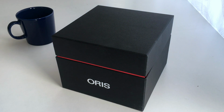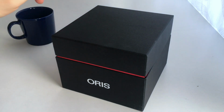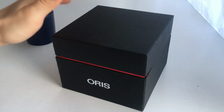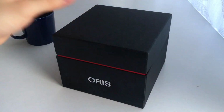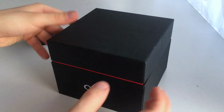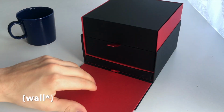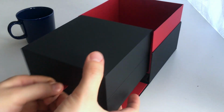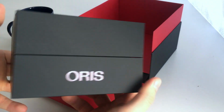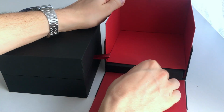Alright, let's start with the unboxing. I'm not going to spend too much time on the unboxing because I know the watch is of course the most important and interesting aspect, so just to have a quick look at what's in the full set. So, pretty substantial Oris box. Lift off the top, lid falls off here, pull out a box which is signed Oris. Watch is of course in there, and pull out